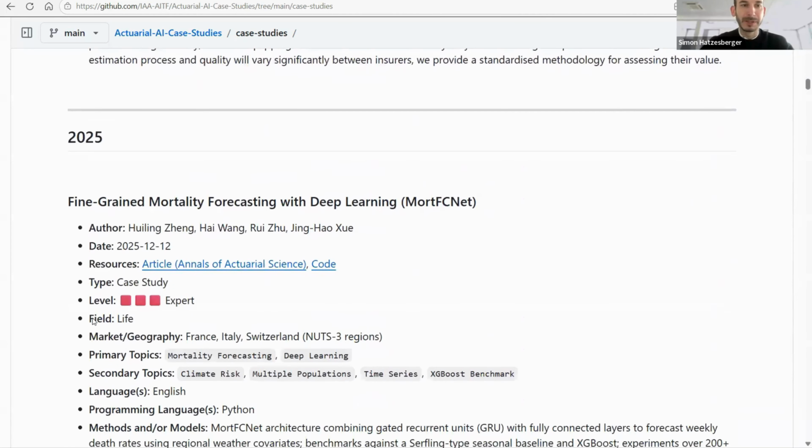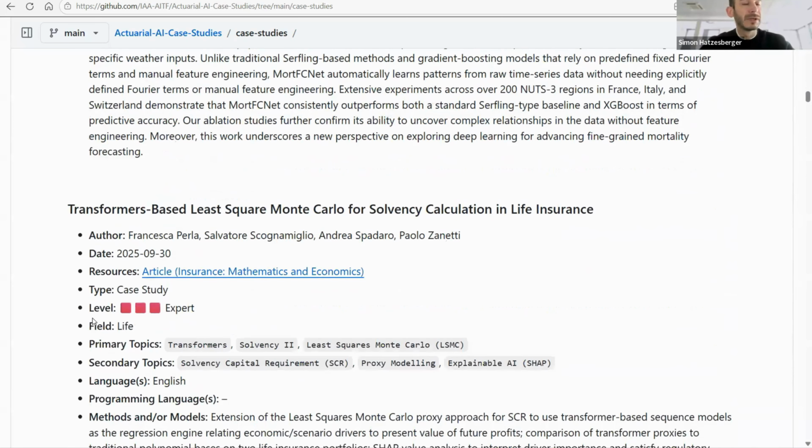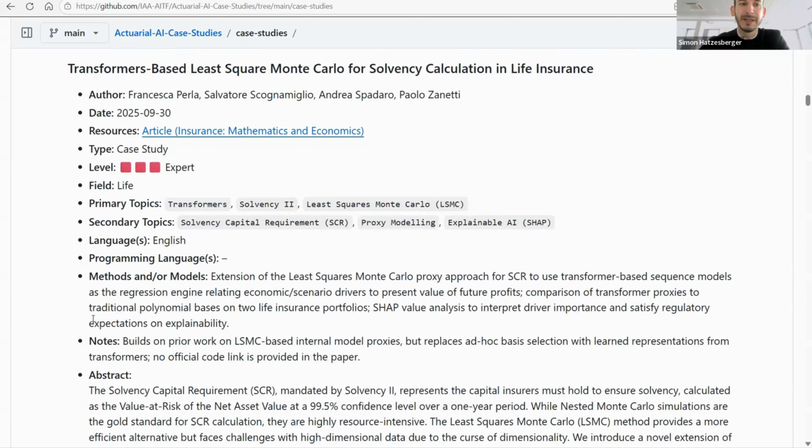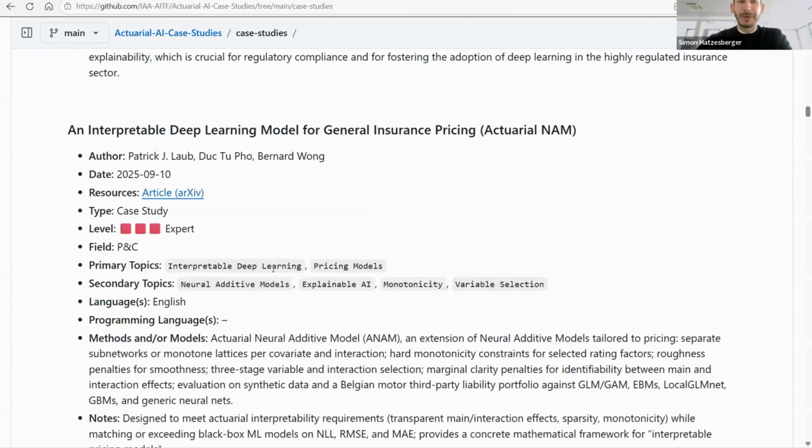I didn't count them, but we have a couple of dozens, so I would say 40 case studies, which cover different areas. We have life, health, non-life. We have some educational case studies. We have some expert case studies. We have case studies which have articles and corresponding notebooks. Some are in Python, some are in R. So quite a